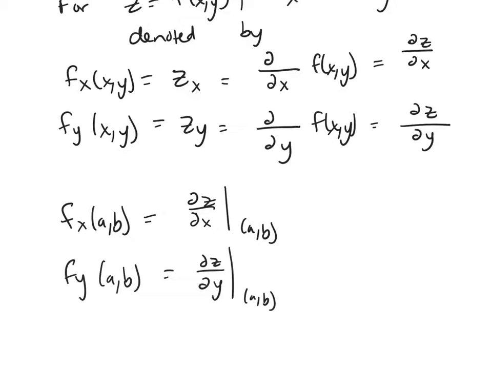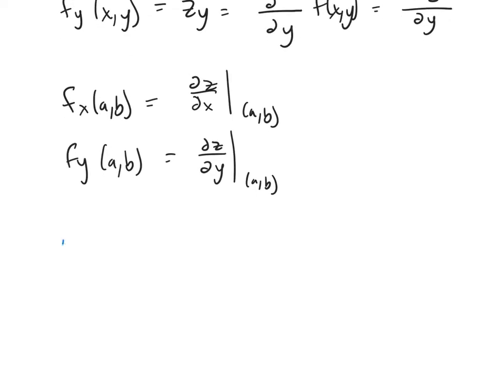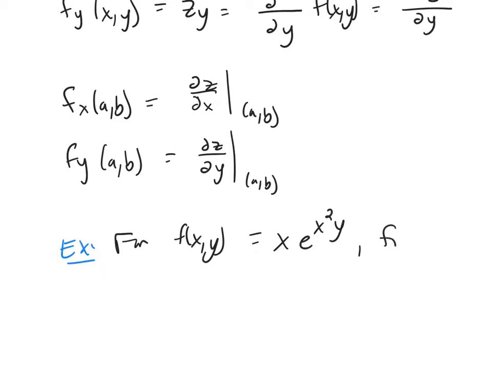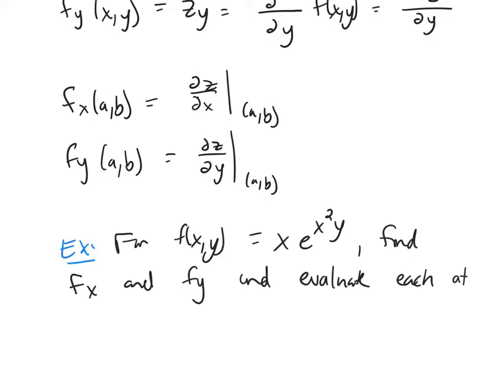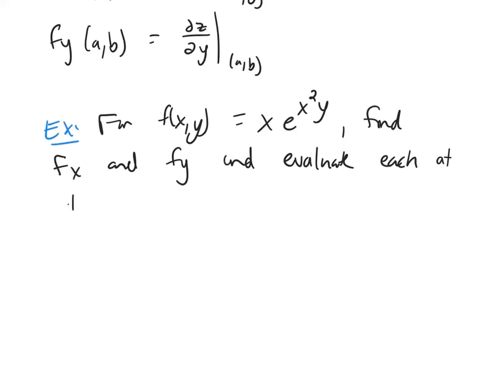So let's look at one last example in this video. For the function x times e to the x squared y, I want you to find fx and fy and evaluate each at the point 1, ln of 2. So fx,